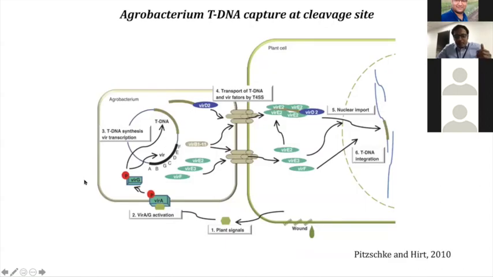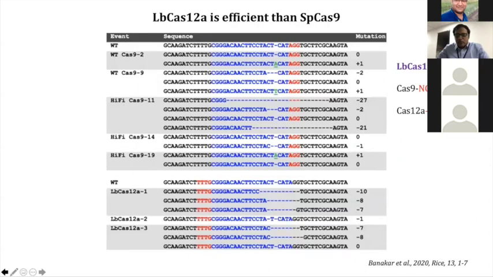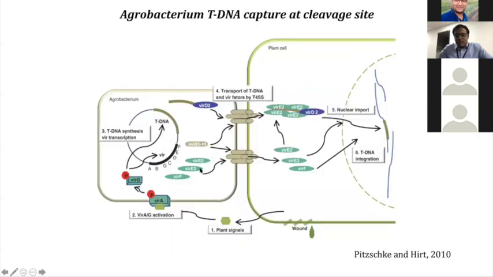Then for our approach, what we chose was, okay, Cas12a is a better enzyme than Cas9, but we stuck with Cas9 because of the NGG PAM, which allows us to edit more sites in the genome than Cas12a, which has a TTTV PAM, right? So, as I explained before, agrobacterium-mediated transformation relies on the random integration of DNA in the genome, right?